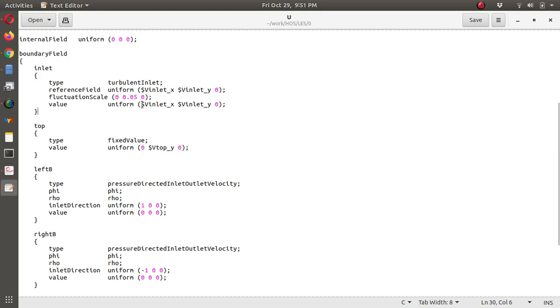And here actually we are calling the V inlet and V outlet. This dollar sign is what I use when I give the value of this V inlet somewhere else, and I am calling that value here. So velocity we have provided, and fluctuation scale we have provided. The detailed explanation about this turbulent inlet, fixed value, pressure directed inlet outlet velocity, we will discuss later. For the time being,